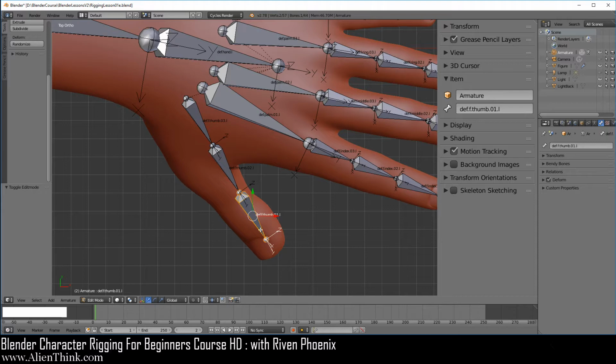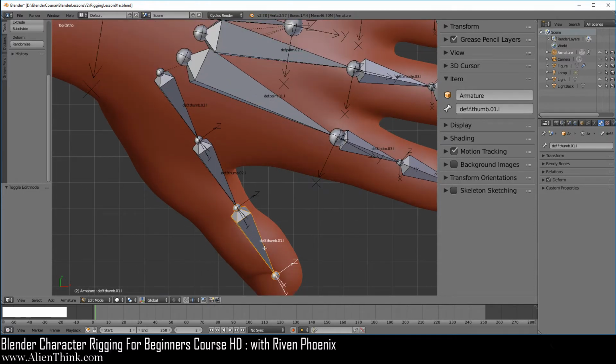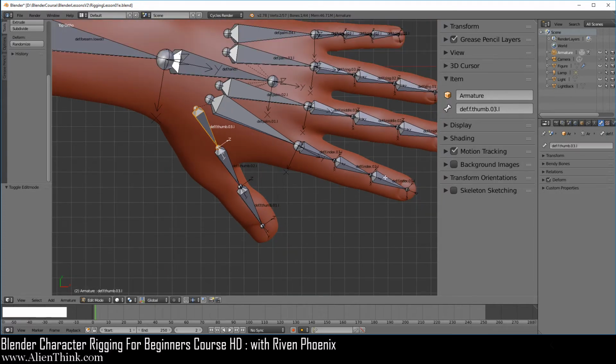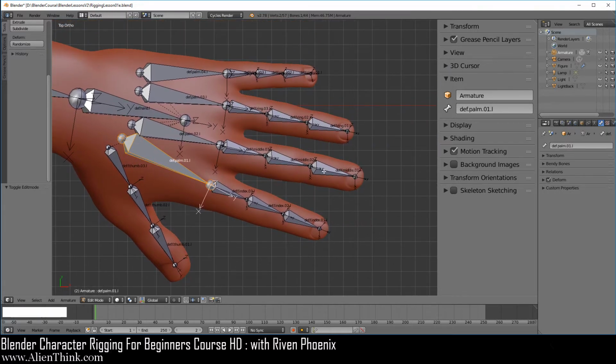Now visually check. Remember, you can turn off the 3D manipulator if it's getting in your way. This is correct. I'm going to be looking over here. This is correct, and this is correct. So just visually click on each finger to make sure that you have named them correctly over here.